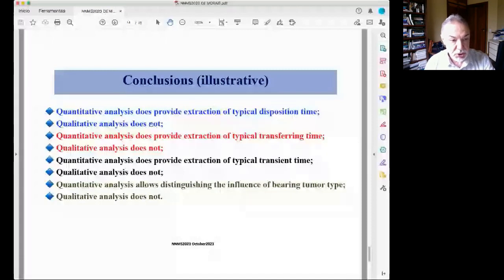First, quantitative analysis does provide extraction of typical disposition time, which is very important if you are interested in moving the results of one experiment like this toward a future protocol. Qualitative analysis doesn't provide to you